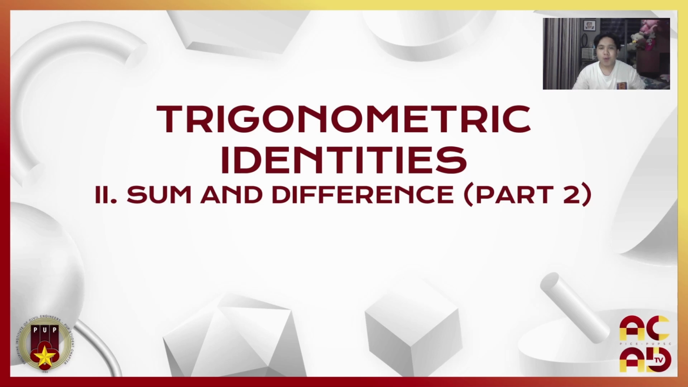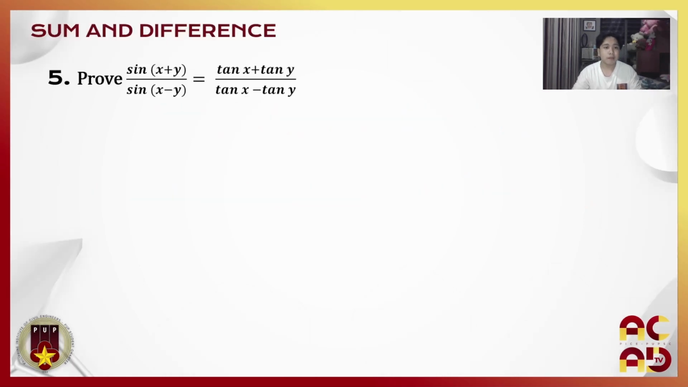So our topic in this video is all about trigonometric identities, sum and difference, part 2. So let's start. We have here: prove that sin(x+y) over sin(x−y) is equal to tan x plus tan y over tan x minus tan y. So dito, unang gagawin natin is to manipulate